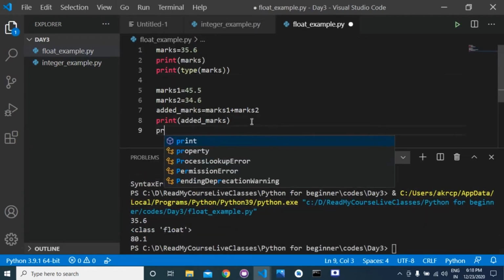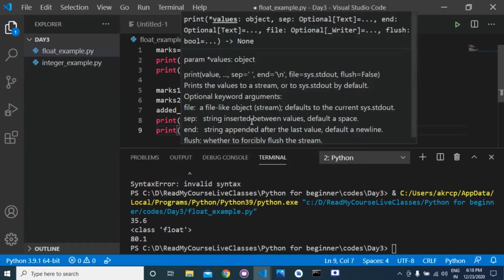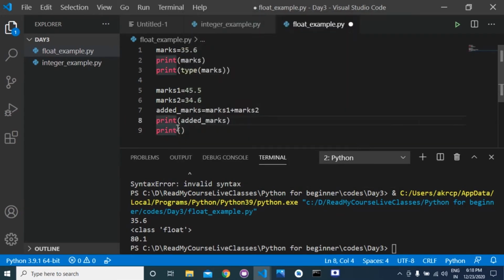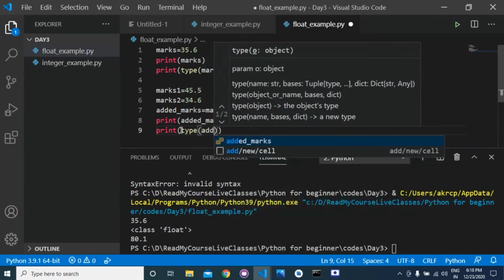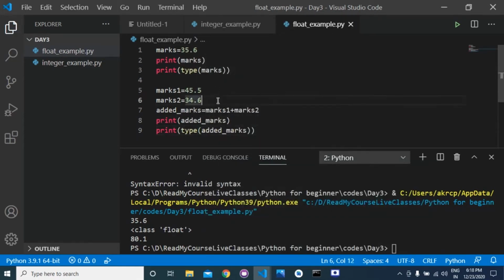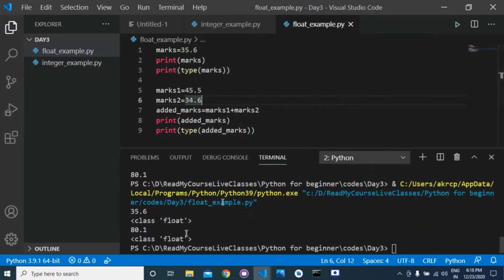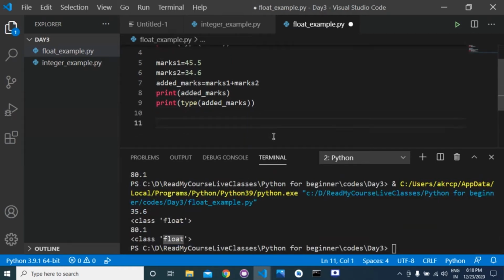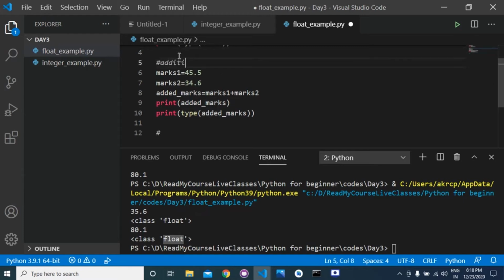And if you want to check the data type of this added marks, it will also be the float data type. To check, run the program, type added marks, so it will give you float. Okay, similarly you can also use subtraction. So this is the addition example.